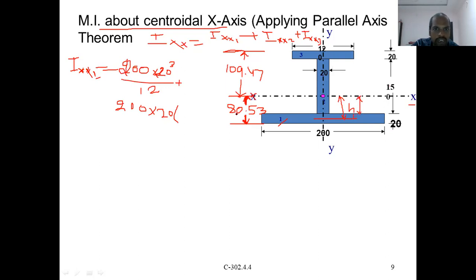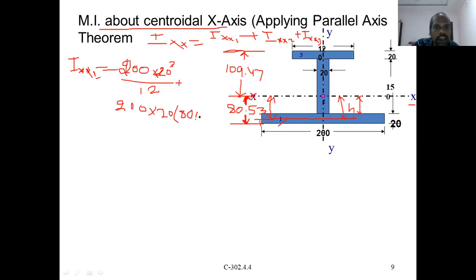That we need to calculate from this one. Directly from this one it is 150, we will not get it. So we have to see the centroid of the section. One more thing we can do: instead of calculating this one and this one separately, this is the centroid of this one, up to here it is 80.53. We know it. If you deduct this portion, we'll get this one. So from this total 80.53, deduct this centroidal distance from here, that is 20 by 2. You will get the centroid distance h.